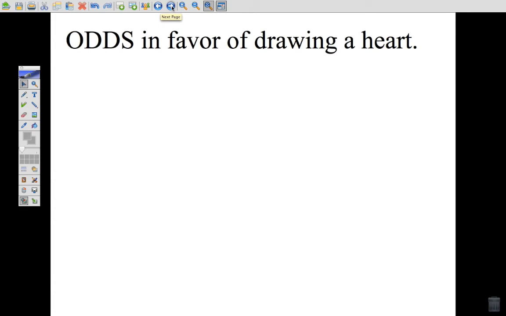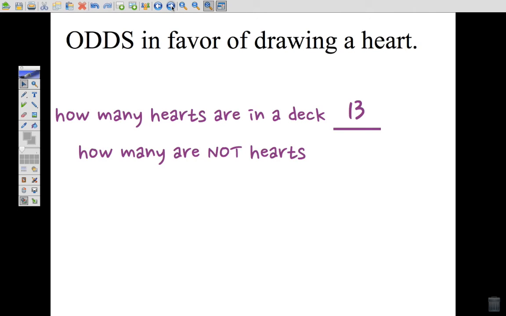Odds in favor of drawing a heart. Typically, we think about probability and odds with decks of cards. You're thinking, what are the chances you could get the card that you maybe need to get that royal flush or whatever particular hand you need in whatever game you're playing. So for the odds in favor of drawing a heart, you're going to ask yourself, how many cards in the deck are hearts? Well, there's 13 hearts. Then, how many cards in the deck are not hearts? That'd be 39, because 39 and 13 give you 52, and that's the total number of cards in a standard deck. Odds in favor of drawing a heart, 13